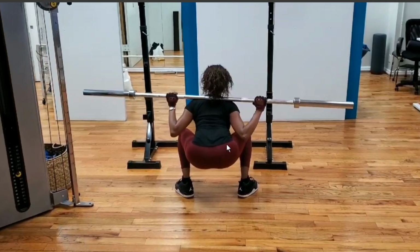At the hips, we want to make sure that there's no shifting off to the side. My cue to clients is to look in the mirror, create a plumb line with their zipper line, and make sure that they're heading straight down and straight back up so that there's no shifting to the side. Then we want to push the knees out to the side. That creates some space for the pelvis to drop through, which delays that butt wink. It also activates the gluteus medius and creates a little bit of stability. And we want to push the thighs out so that the thigh angle approximately matches the foot angle. Here on the right side, her knee probably could be pushed out just a little bit more, but that's generally what we're looking for